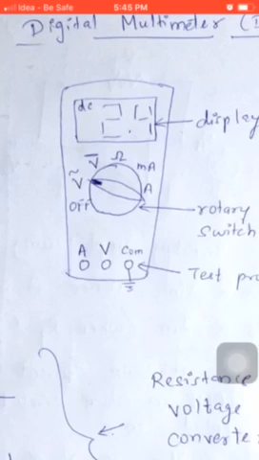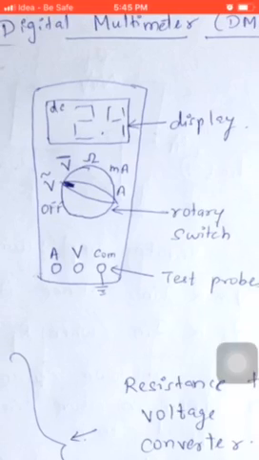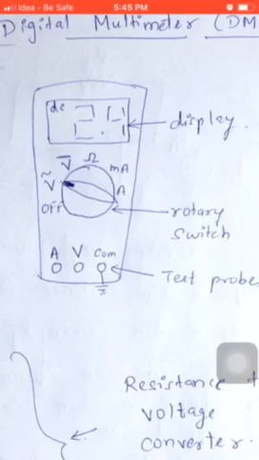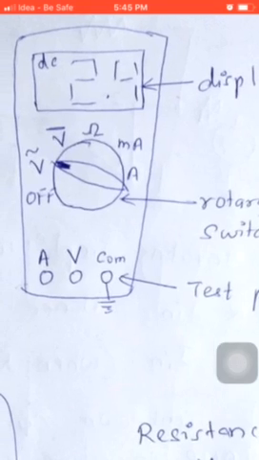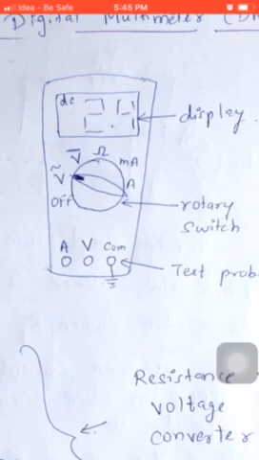As you can see, this is the display. The top portion shows the display, which displays the reading, maybe the voltage or the current or the resistance, directly in digital format. Hence this multimeter is called a digital multimeter, that is DMM. Then below the display, what you can see is the rotary switch. It is used to select any of the functions which are present. You can select the function as measurement of AC voltage or DC voltage or current or resistance as per the requirement.